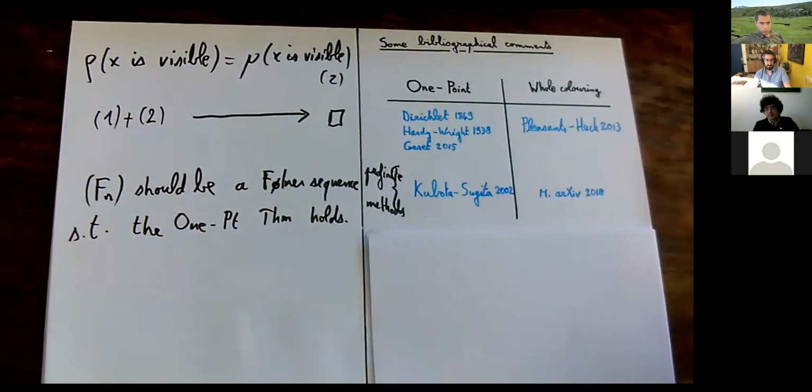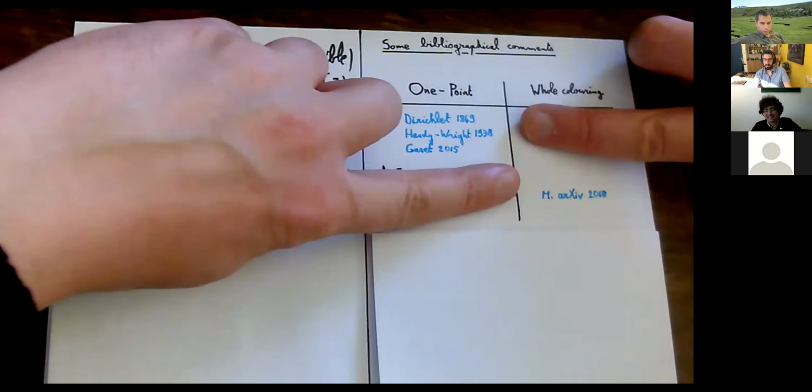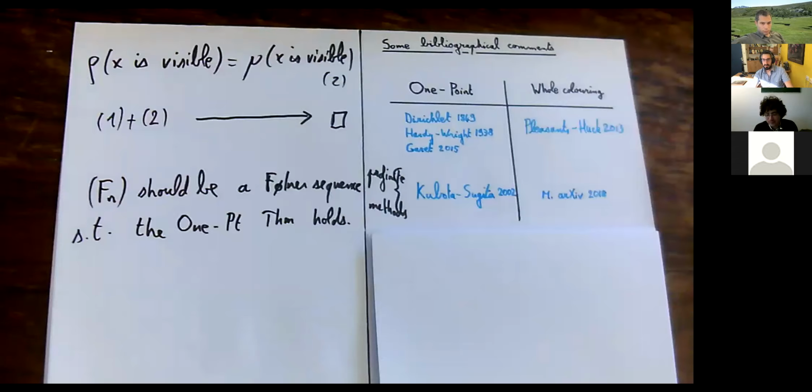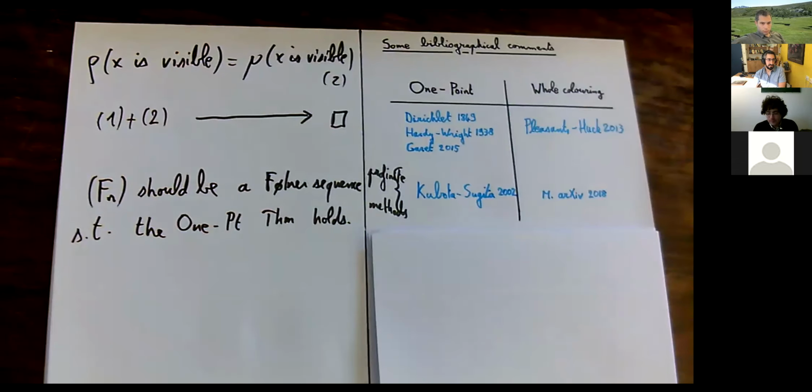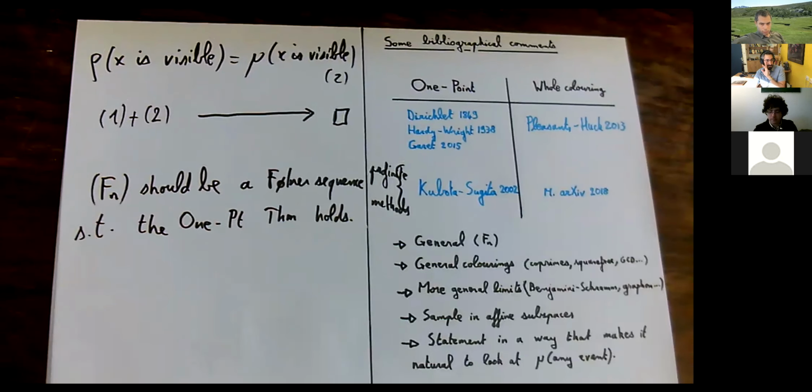So when I started doing it, the situation was this one, to the best of my knowledge, and actually the situation is this one. So why not? Let's say that it means that this investigation is natural to make. So let's say it's something positive. And I would like to mention, however, a certain number of aspects that are new in this paper, or at least that are new to the best of my current knowledge.